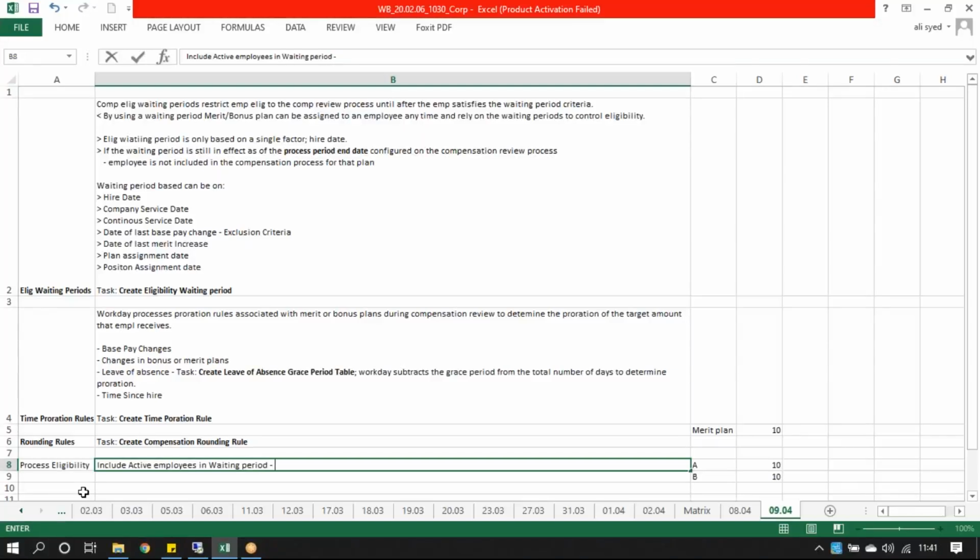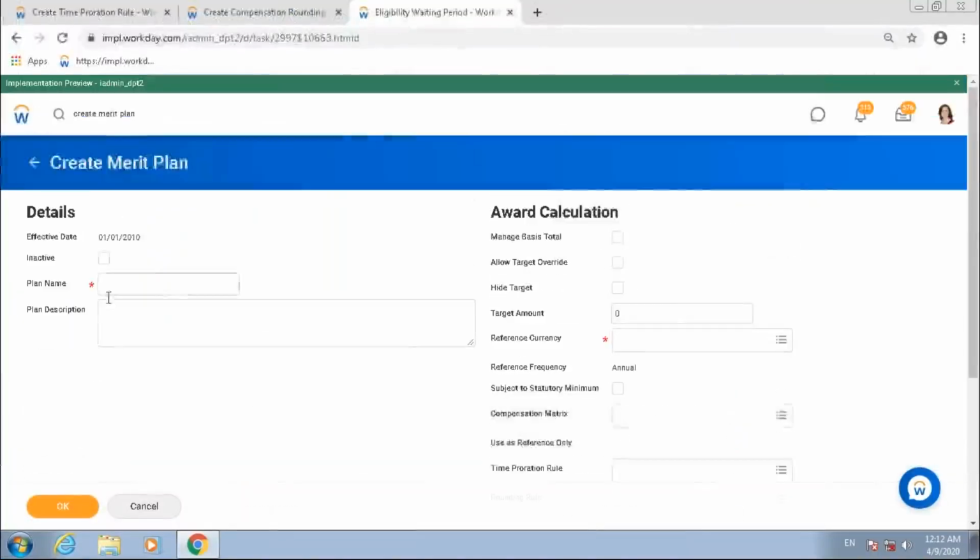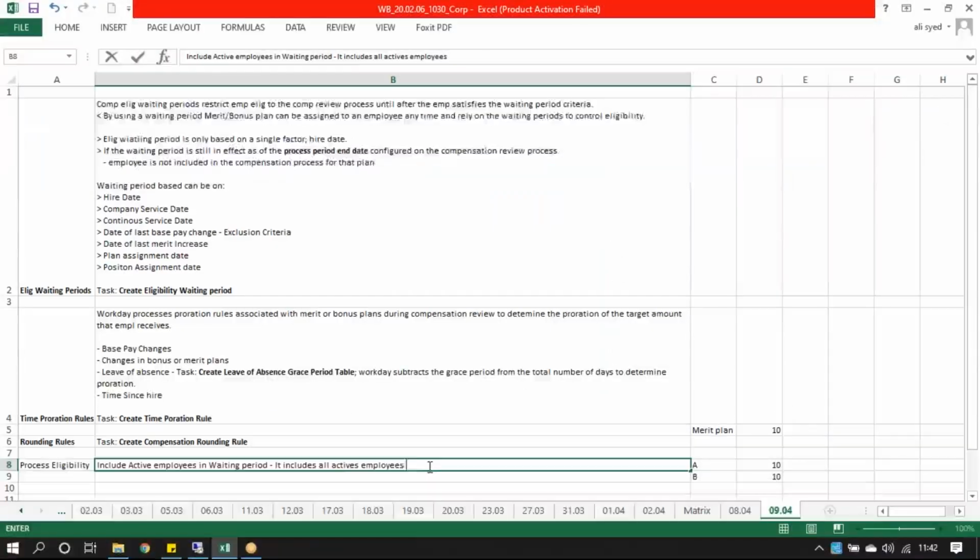And we know what it does, right? It includes all active employees who are assigned to that plan, right? All active employees who are assigned to this plan I'm creating, right? Who are active, but then they are still in the waiting period, right? It includes all active employees assigned to the plan,